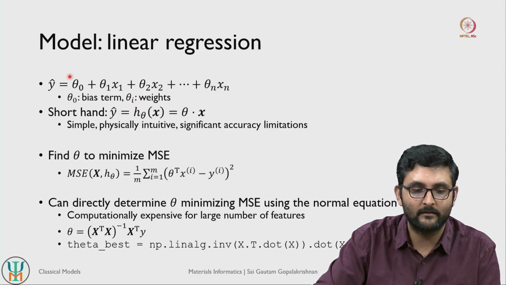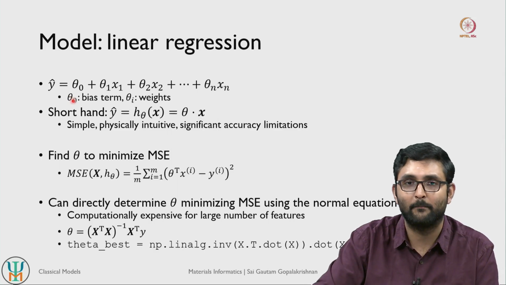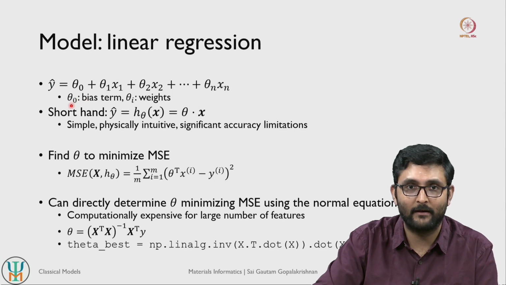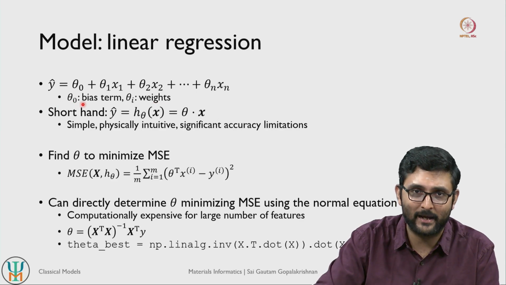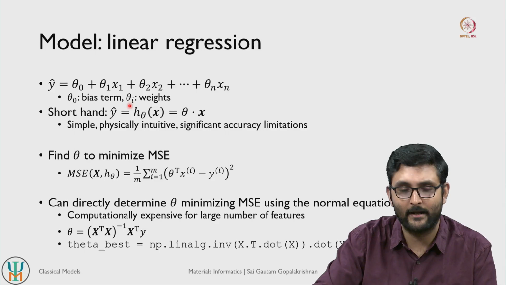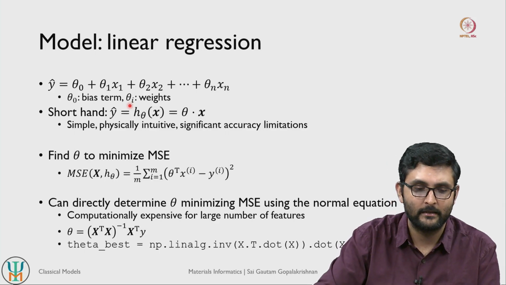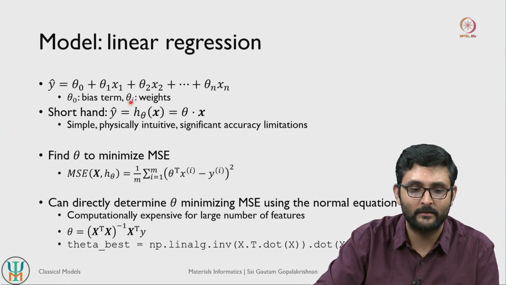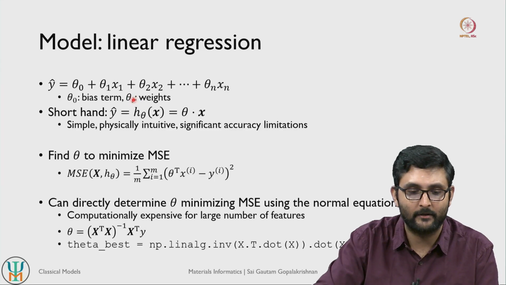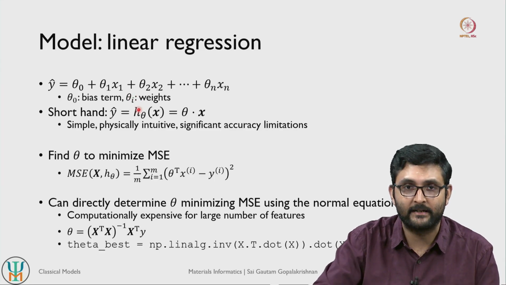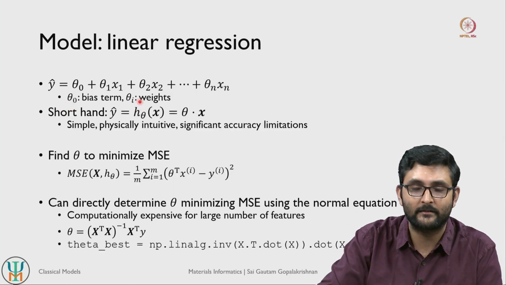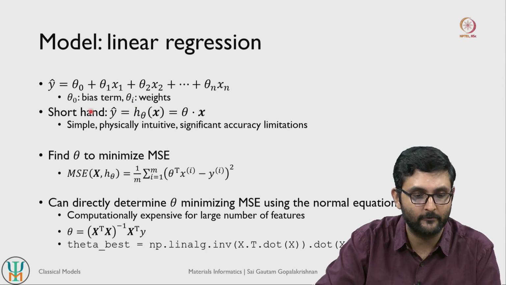We also have a constant term theta naught here, and that is referred to as a bias term. In any machine learning model, you will always have a set of bias terms and a set of weights. In linear regression, you only have a single bias term and a collection of weights, and the number of weights is equal to the number of features you have. But as you increase the complexity of machine learning models, you will have multiple bias terms and multiple sets of weights. Whenever we fit a machine learning model, we are trying to determine the values of these bias terms and weight terms. That is what we are trying to do.